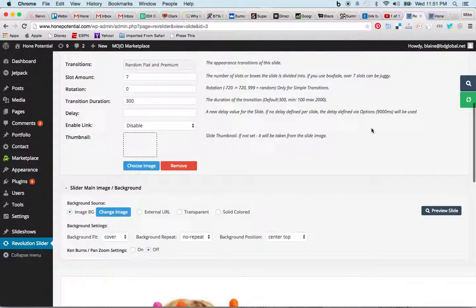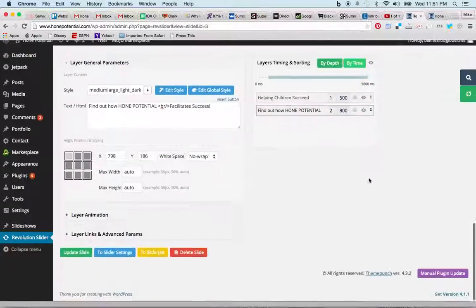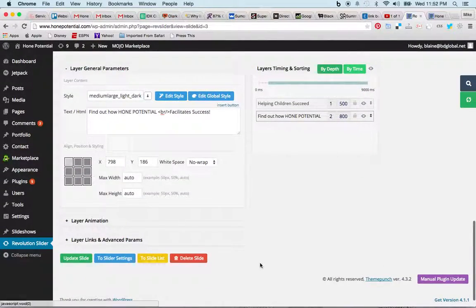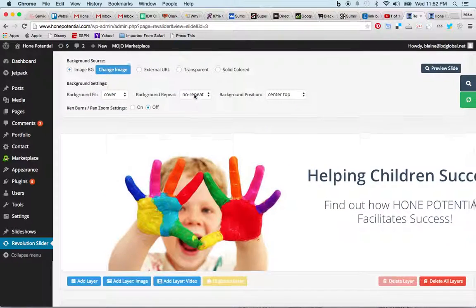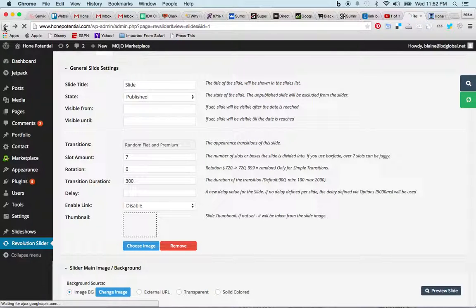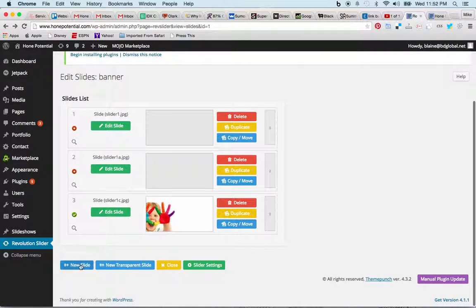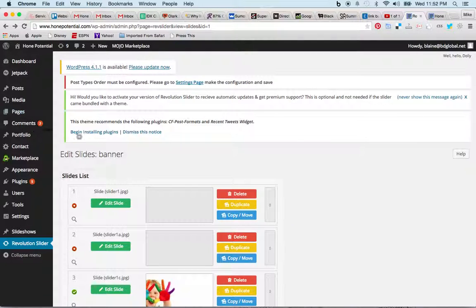And then when you're done, you can preview the slide, and then come to the bottom and click update slide. So again, very, very simple. If you click on the background, you could change image, and then the previous page, if you wanted to add a new slide and then load an image, add text on top of it. Very, very simple. One thing, well, a couple things you want to be aware of: comments will build up with